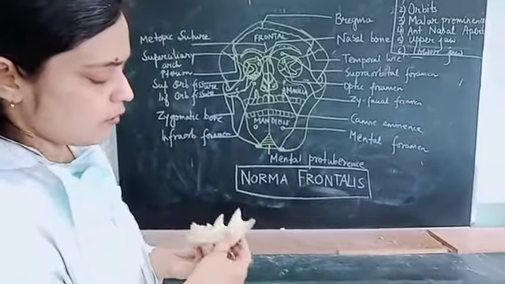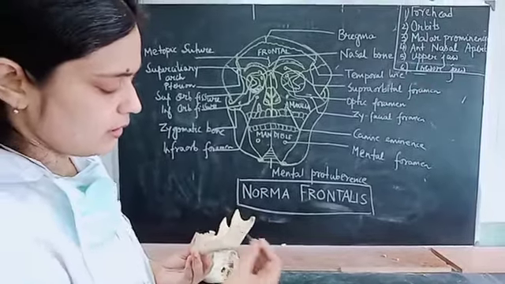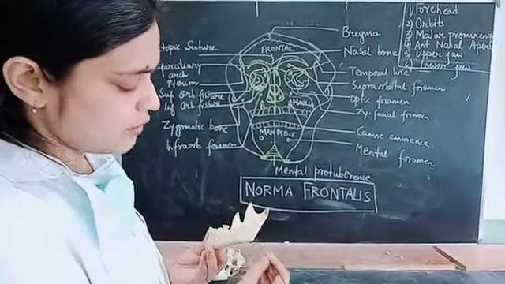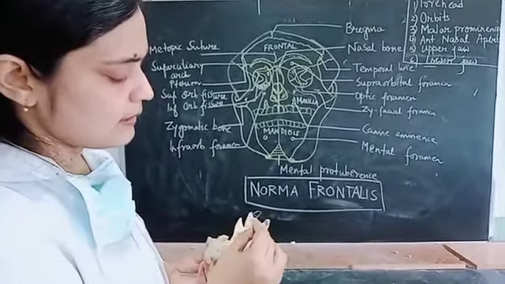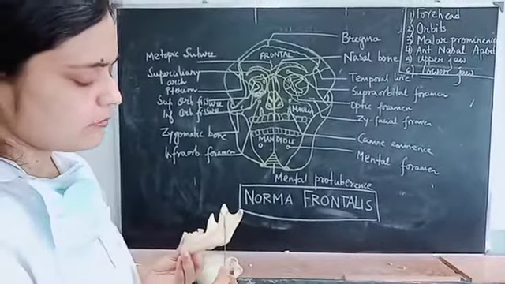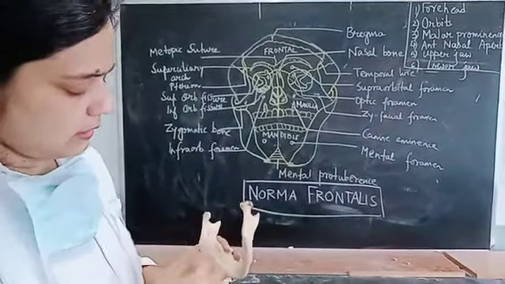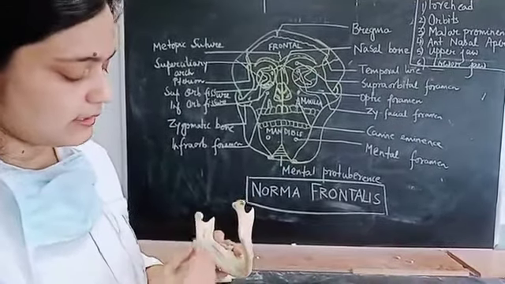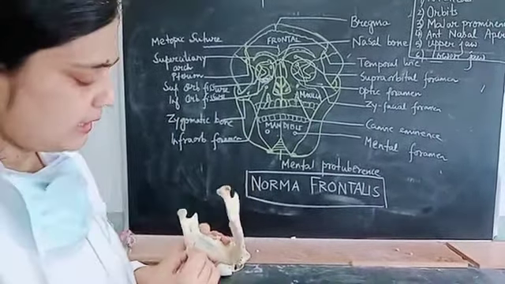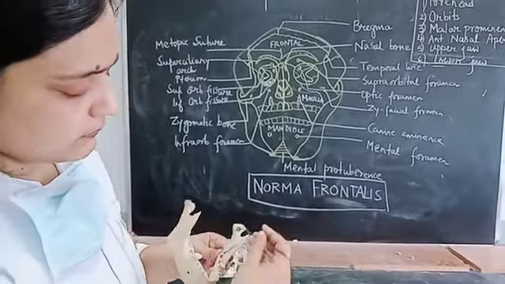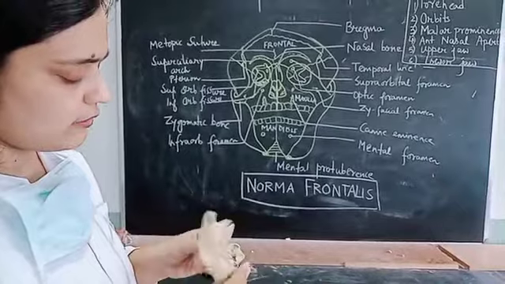Come to the broad and oblong rami. Here there is attachment of four important muscles of mastication. On the external surface there is attachment of masseter. This is the condylar process and this is the coronoid process. Coronoid process is occupied by the temporalis muscle. Here on the internal surface of the rami, this posterior inferior part is occupied by the medial pterygoid. This anteromedial part of the condylar head is occupied by the lateral pterygoid.